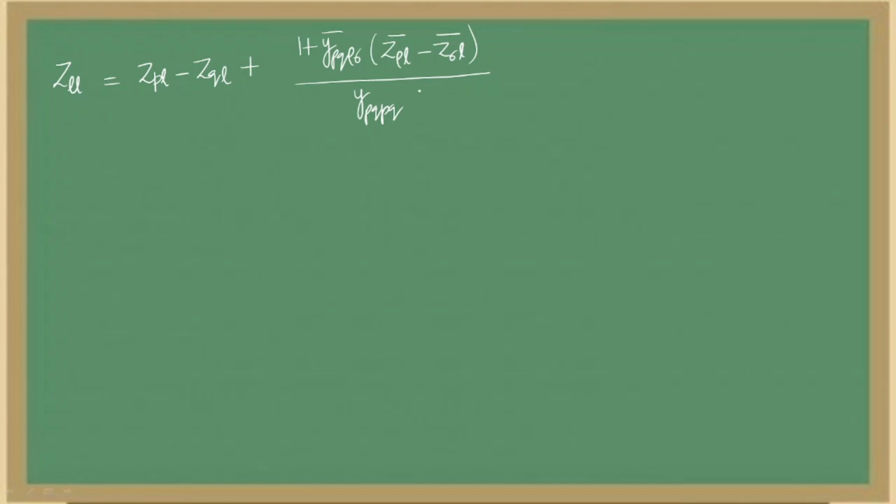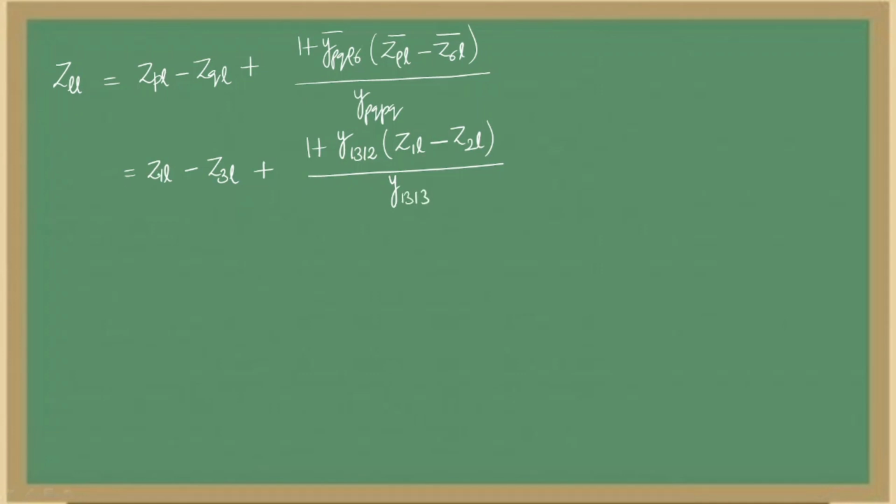This is the mathematical expression for ZLL. Now substitute all the known values. P is 1, so Z1L minus Q is 3, Z3L plus 1 plus YPQ rho sigma bar means Y1312 multiplied with Z rho L means 1L minus Z sigma L means Z2L, total divided with